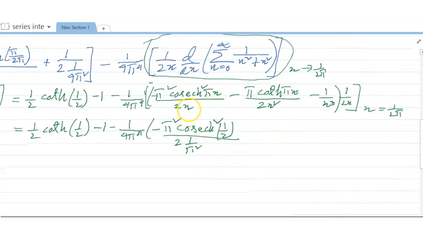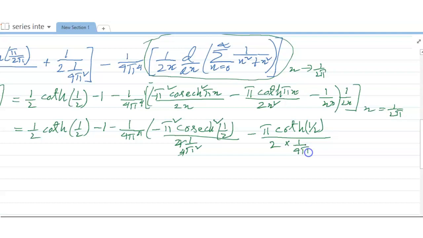Just putting 2 pi, so x is equal to 1 by 2 pi, and 2 pi into 4 pi square, so 4 cut, and minus pi into coth half divided by 2 into 1 by 4 pi square